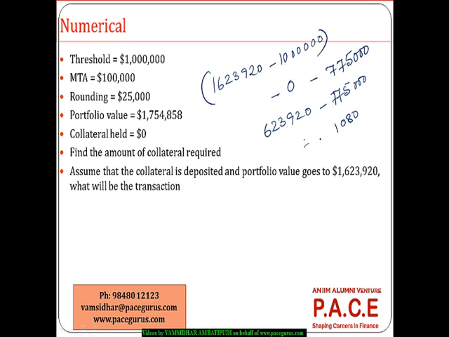Then 77, so minus 151,080. So now, because I have to refund, I have to see whether the absolute value is more than the MTA. If that's the case, I have to make a refund. And if I am making a refund,